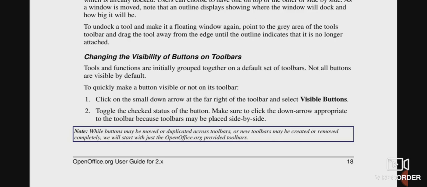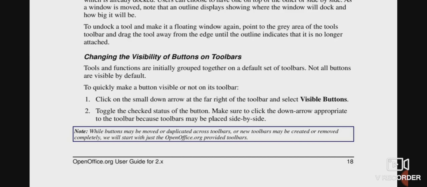Now, children, you can also change the visibility options of buttons. Tools and functions are initially grouped together on a default set of toolbars. Not all buttons are visible by default. If you check the standard toolbar or formatting toolbar, all the buttons would not be visible by default.